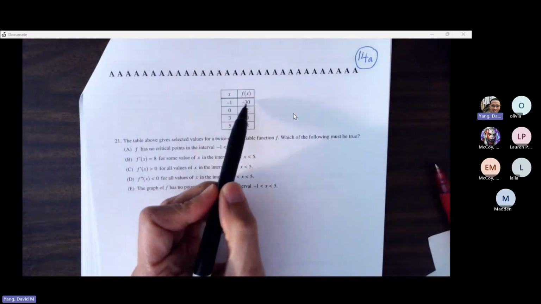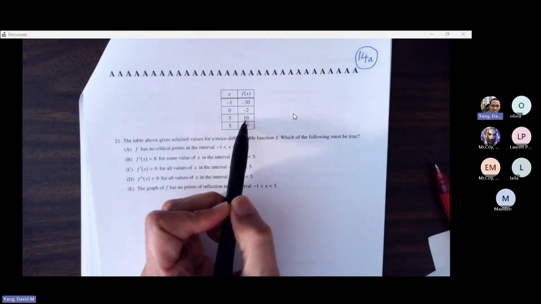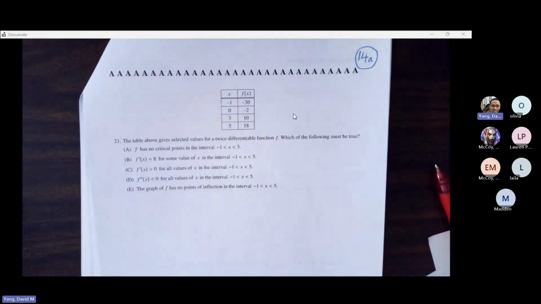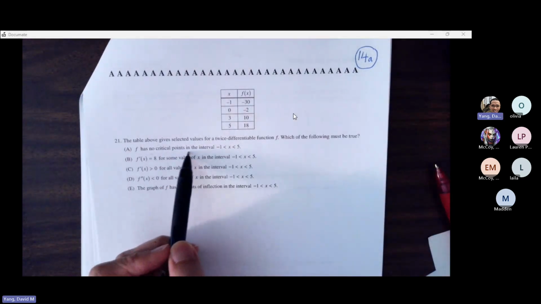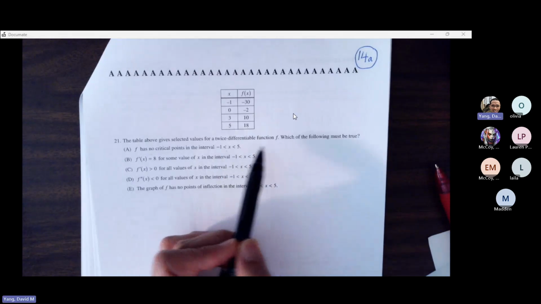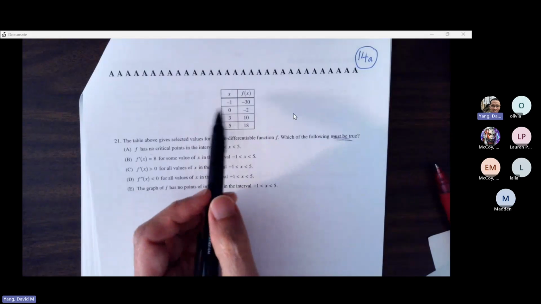So we see these values from negative 130, go all the way up to 0, -2, goes up to ordered pair 310, and then continues to rise generally from -1 to 5, from our y value of -30 to positive 18. It says f has no critical points on the interval from -1 to 5. And which of the following must be true? So from -1 to 5,